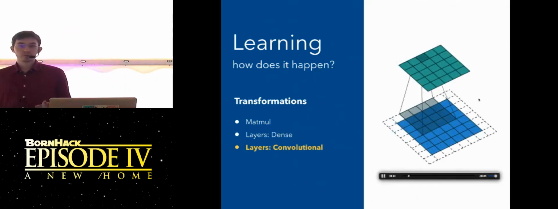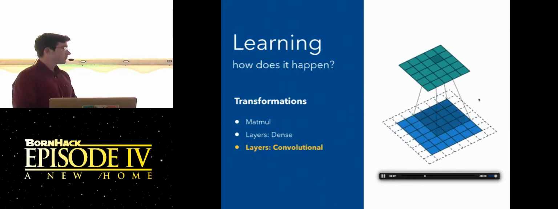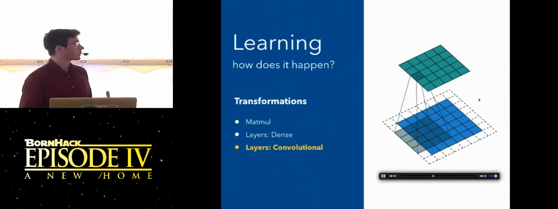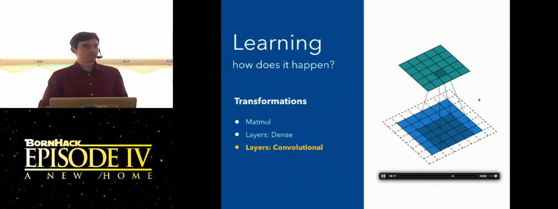This is a convolutional layer. This is going to be important because convolutional layers are great at doing stuff with images. And this simple animation is supposed to show what it looks like. So the blue tensor on the bottom is the input. The green tensor above is the output. And what the convolution does is it just walks over the input in tiny steps, combines the numbers that it grabs from the input with the values of the gray filter. So again, just two matrices, two tensors, combines them together, and then outputs them.